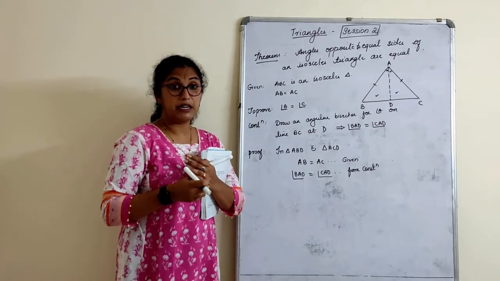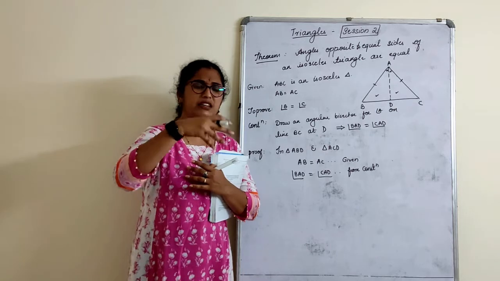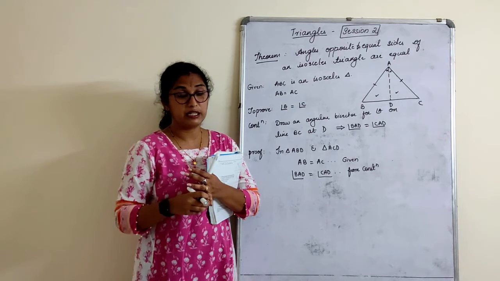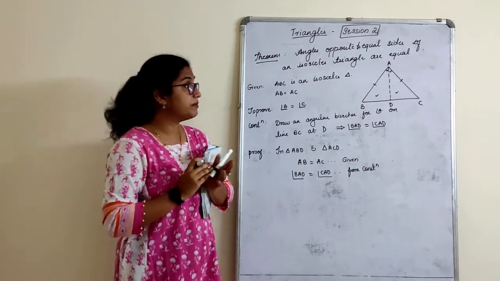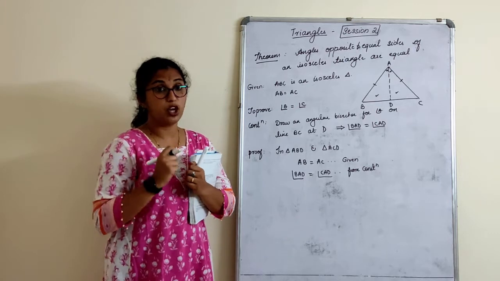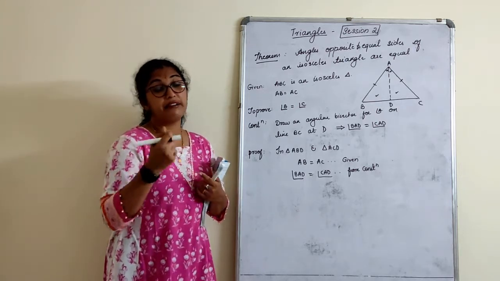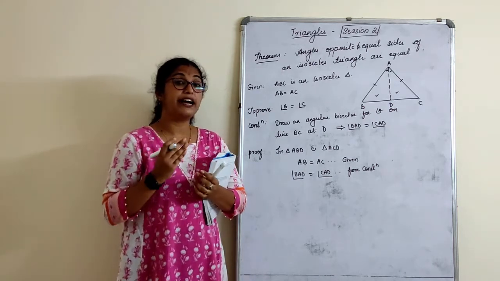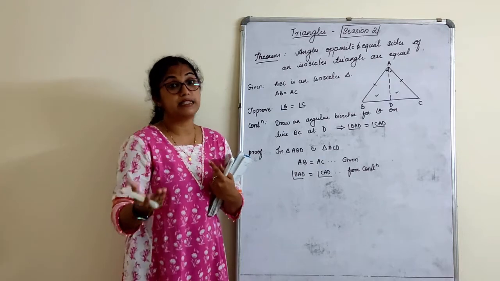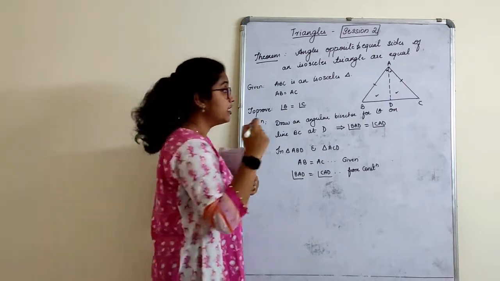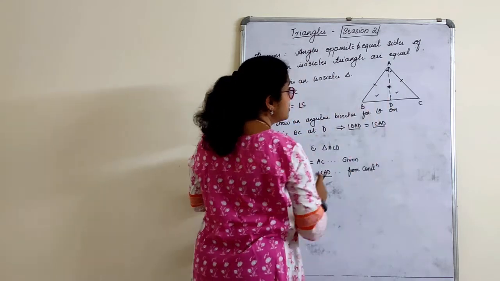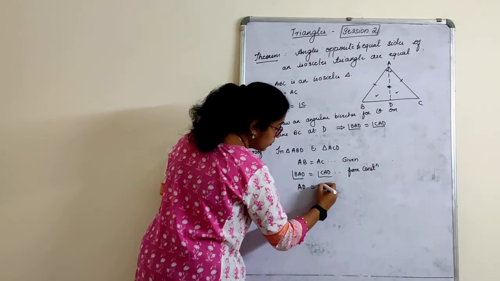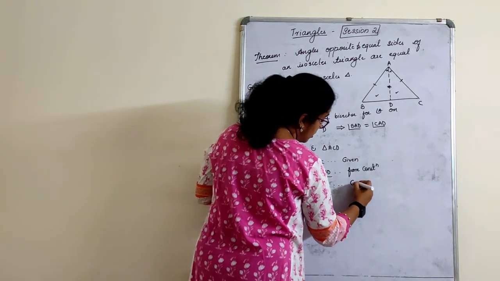Apart from writing the given part, we see whether it is part of parallel lines, whether any alternate angles are equal or any vertically opposite angles are equal, but here neither alternate nor vertically opposite angles come. Then in a triangle, we check if we have any 90 degrees; that also we do not have. Then if nothing is left, we see if we have any common angle or a common side. Now this has a common side, that is AD is the common side for both triangles. So we will write AD is equal to AD. Reason: common side.